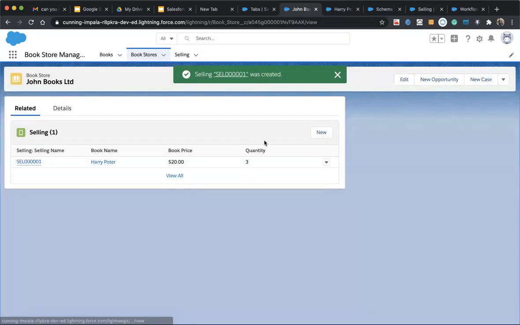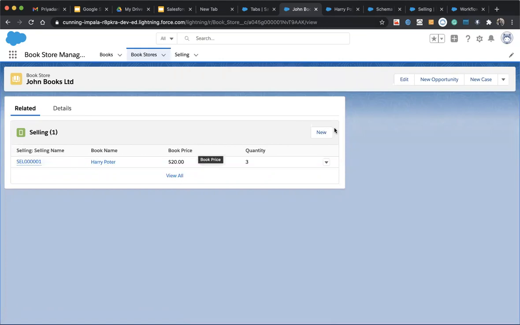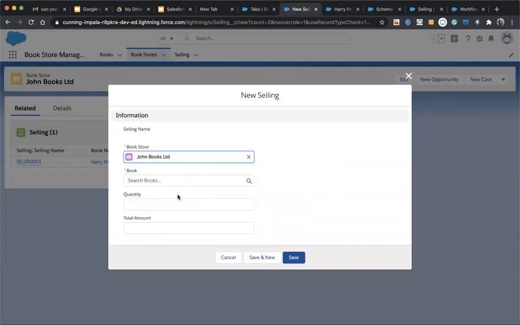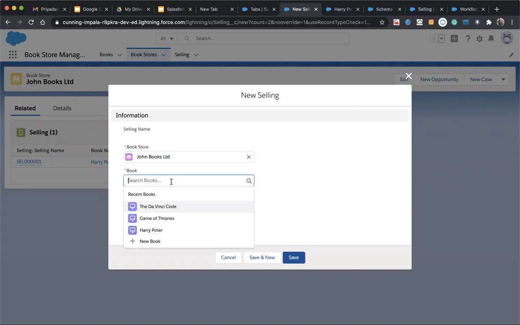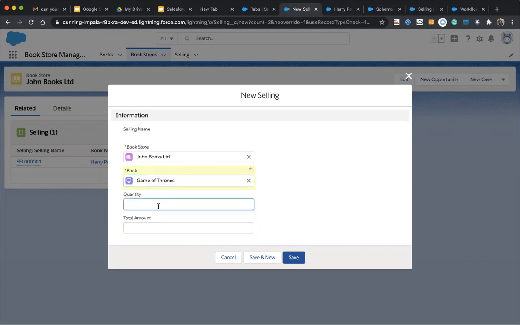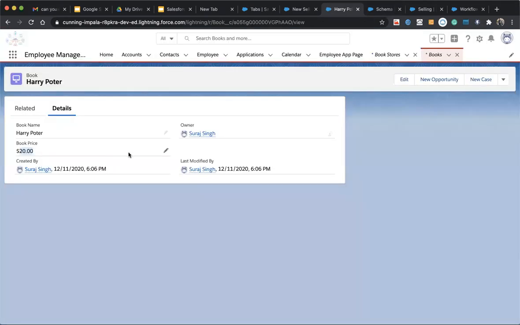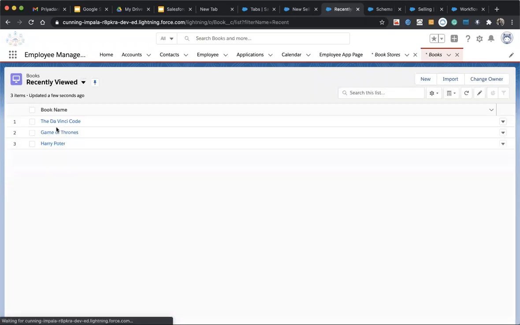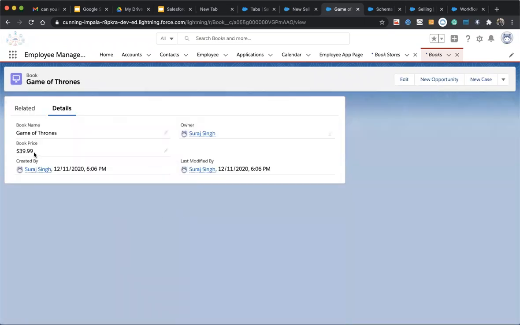Similarly, when he wants to sell a different book, Game of Thrones, suppose the quantity will be 5. So he will again go here to Game of Thrones, and the price is 39.9.